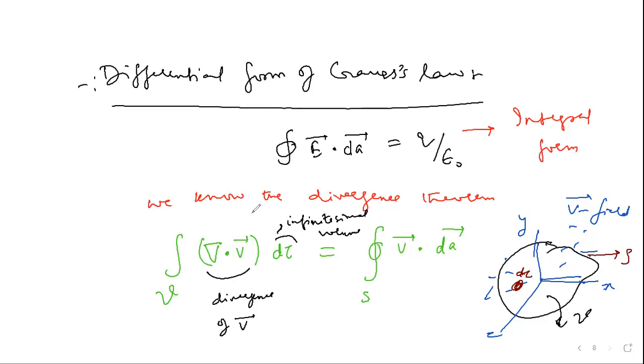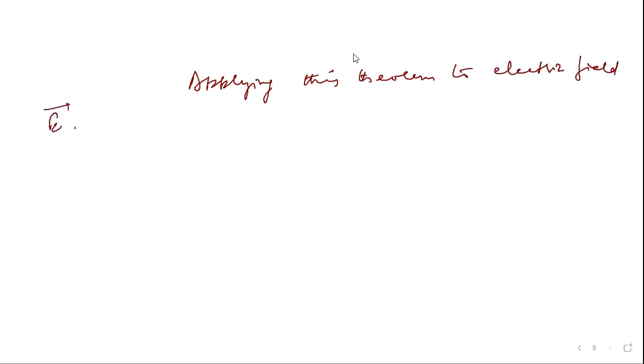Now what I do, I apply this divergence theorem to my electric field. So I replace V by E, applying this theorem to electric field E, that is replacing V by E, because it is general. Divergence theorem can be used for any vector field. So what we get